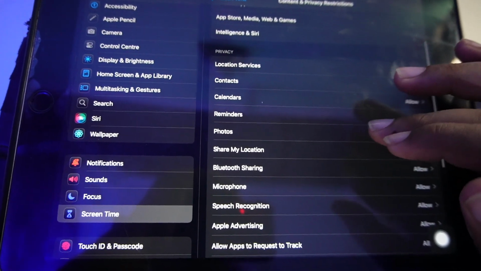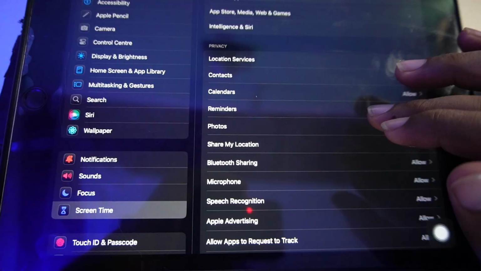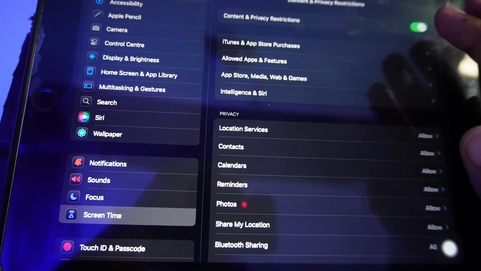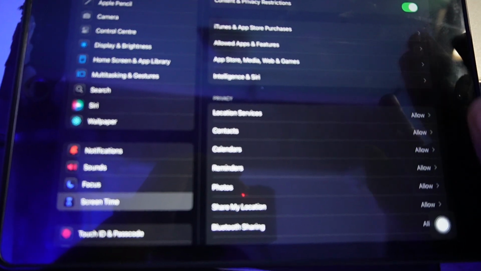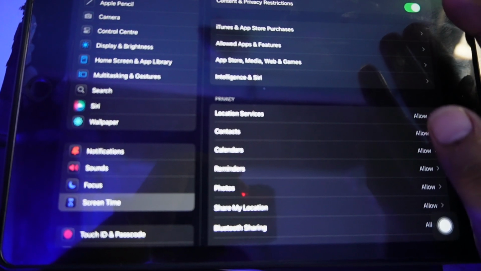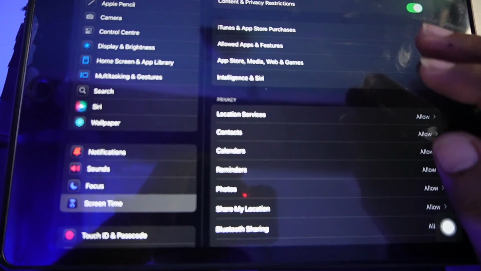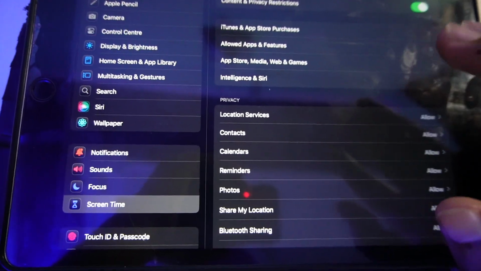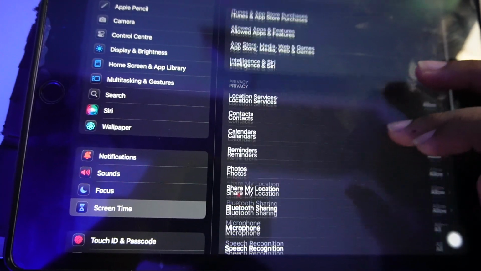And now from here guys, when you enable this, it will ask you for the passcode. You have to just set the passcode if you haven't already. Set the screen time passcode to prevent unauthorized change to your settings. Now you have to just configure the